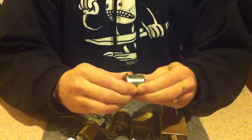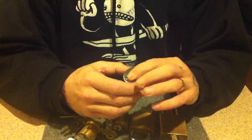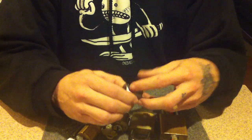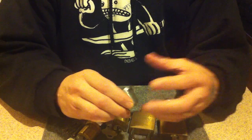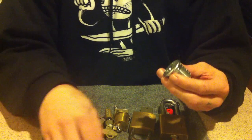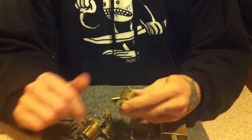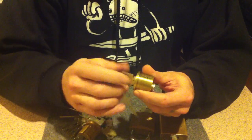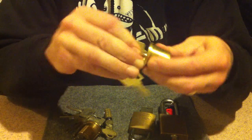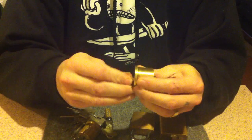Now, for an added layer of security, higher security locks add secondary or sometimes even a third layer of security by adding extra elements to the locking mechanism. Now, the first type of multiple element locking mechanism I'll show you here. This is a Concept Plus. This is a Brazilian lock,